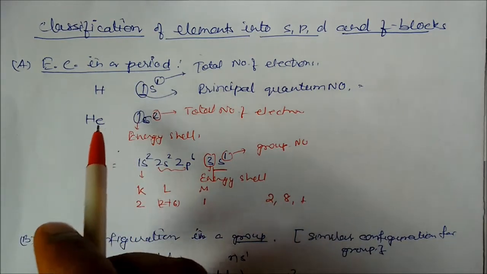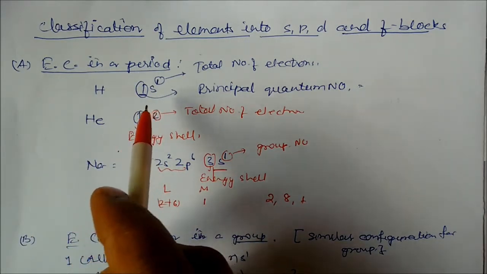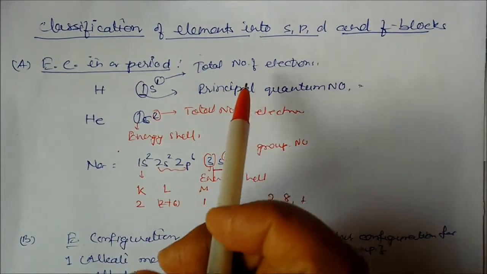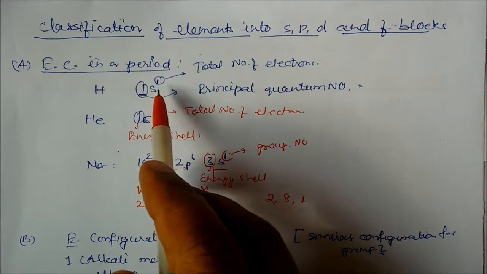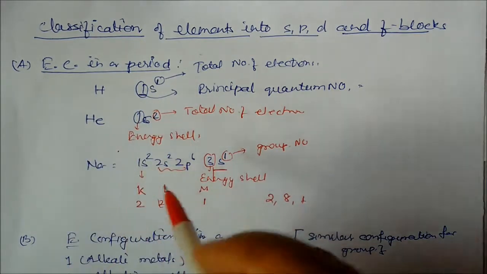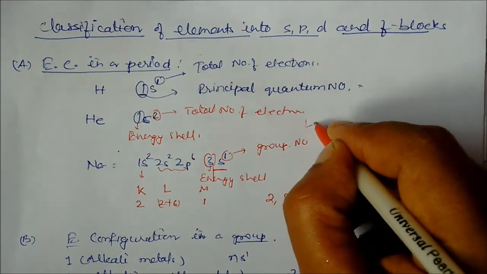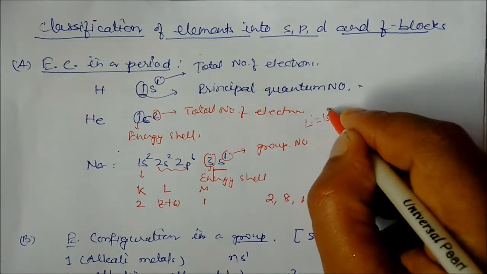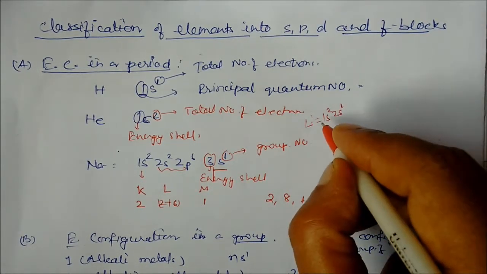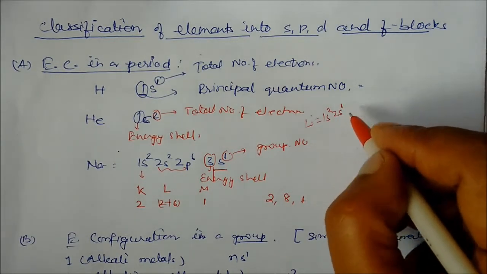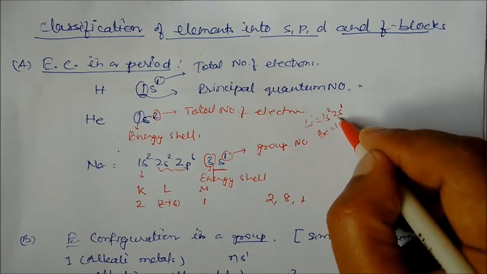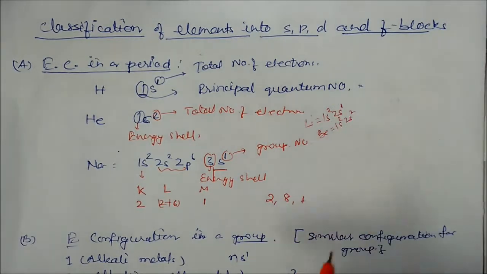Electrons are configured in the electronic configuration in increasing order across a period. So let us see one example. Hydrogen is 1s1, helium is 1s2. Like this, lithium will be 1s2, then 2s1. So it is increasing order. Then beryllium will be 1s2, 2s2. So like this, the configuration is